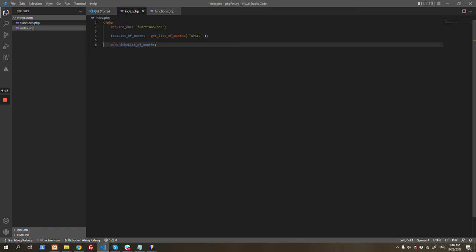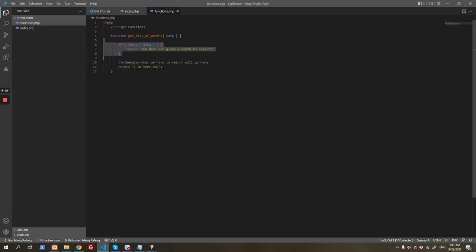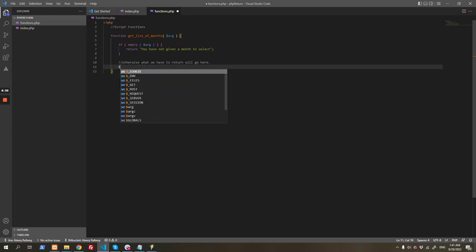And then we echo that variable here. So we can see that when this function runs, it is running till here. But we don't need this output. We need to output